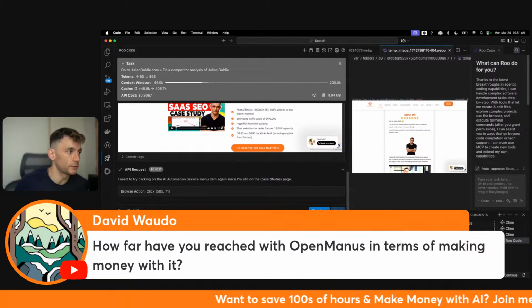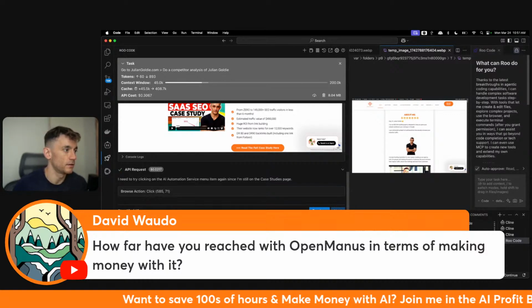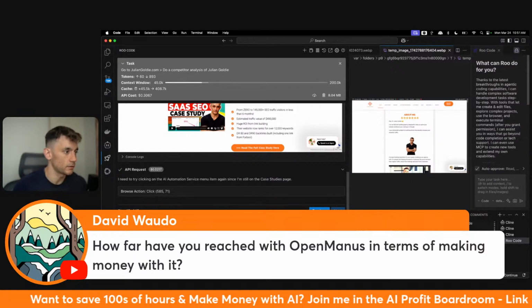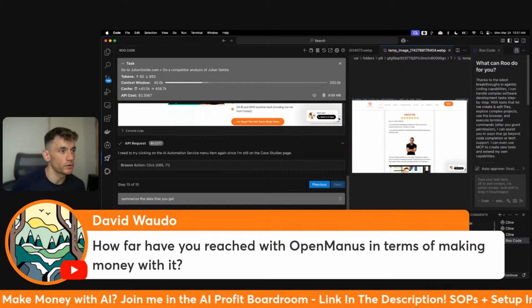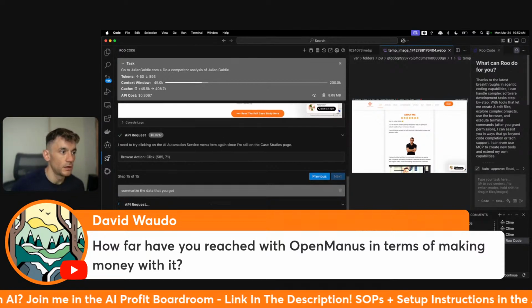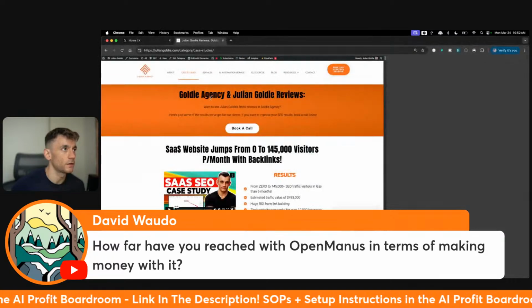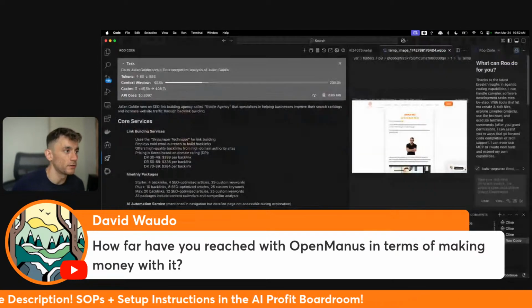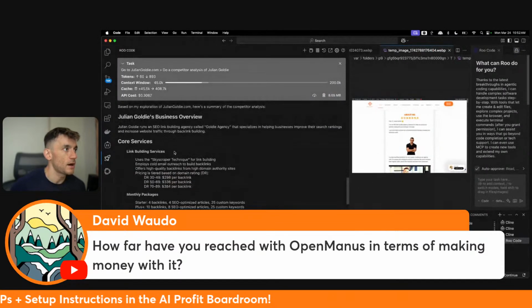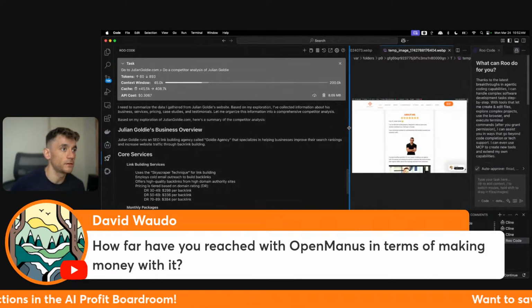So you can also stop the task anytime you want, and you can say, okay, summarize the data that you got. So if you ever want to stop it or take control, you can as well. You can also take control of the instance. So for example, I could start navigating through this as well and kind of direct the AI how I want to do things. But you can see here how it's doing a full competitor analysis based on the information it